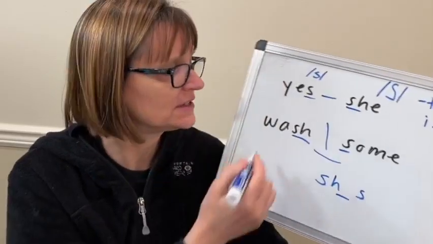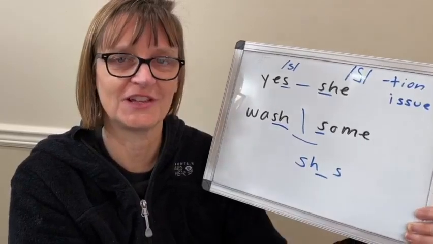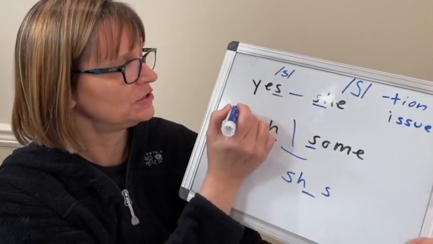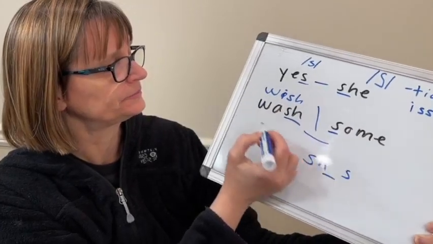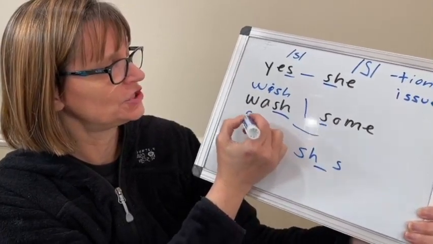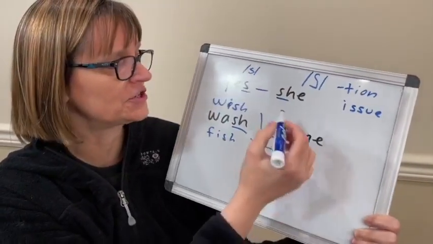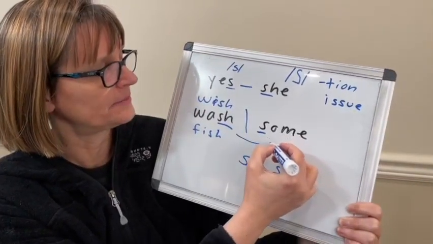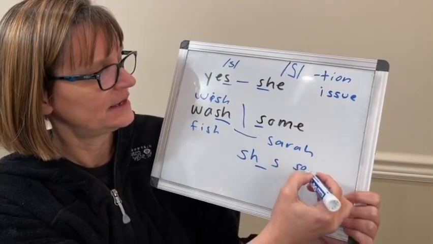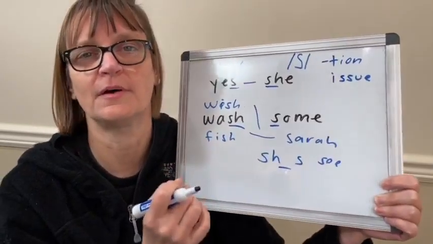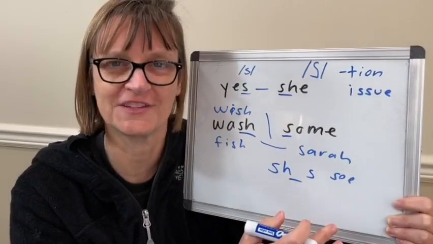For practice, try lots of words ending with SH and lots of words starting with SH. So you could use "wish, wash, fish." I'm thinking of verbs and nouns so that you can do that combination. "Some, Sarah, see." Go back and forth and use common everyday words going from the S to the SH and the